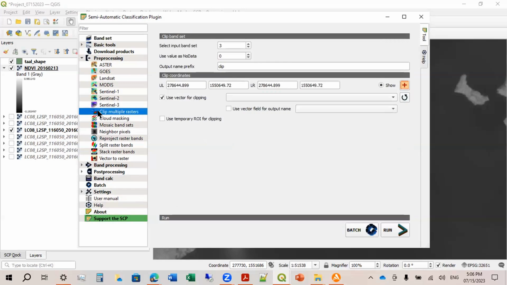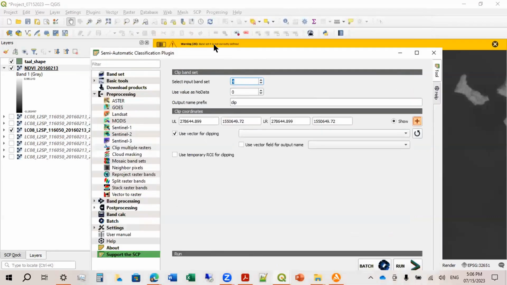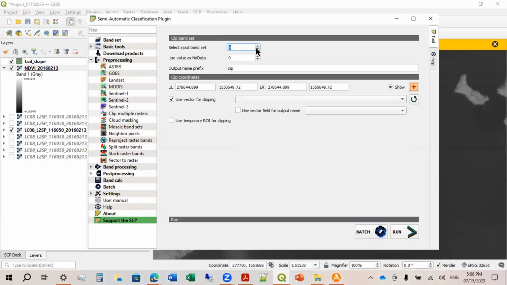So let's use band set number 2. If we use band set number 3 or 4 when we run, there will be an error because there is no band set number 4. So you're only allowed to use band set 1 or 2. But we only want to cut band set number 2.